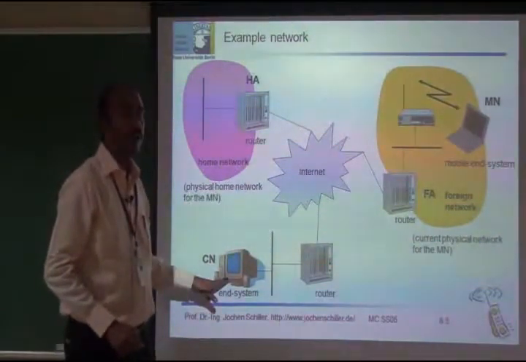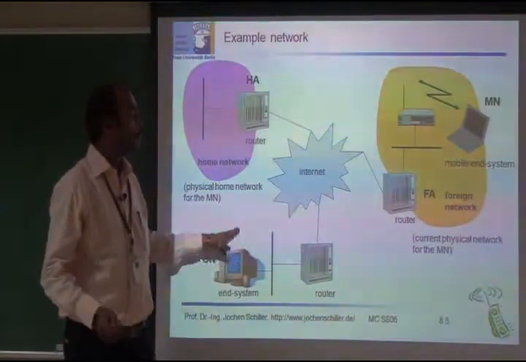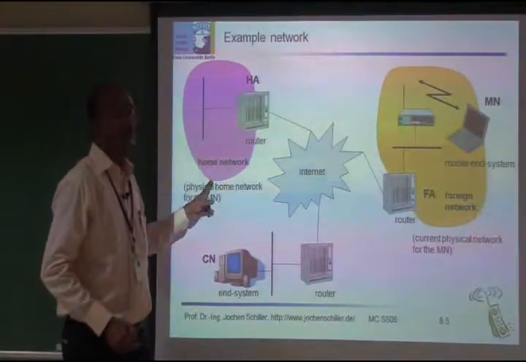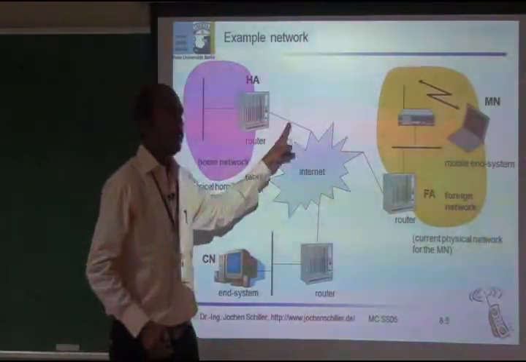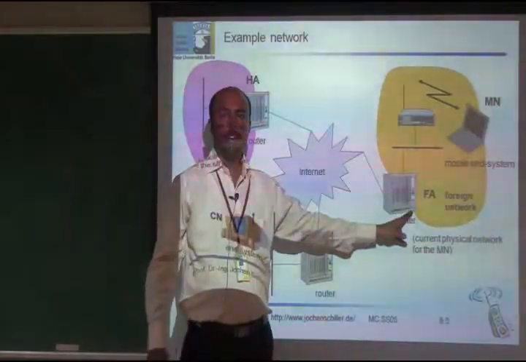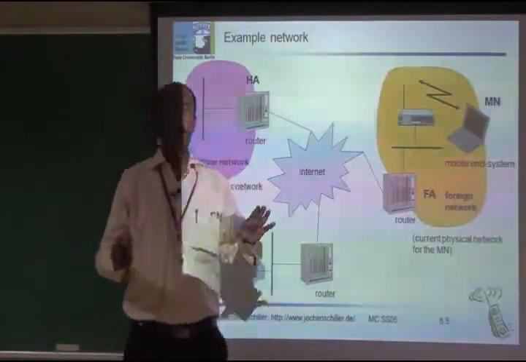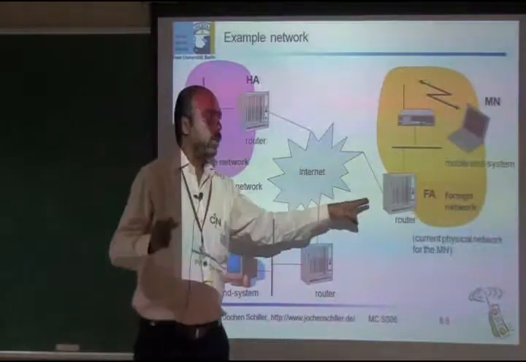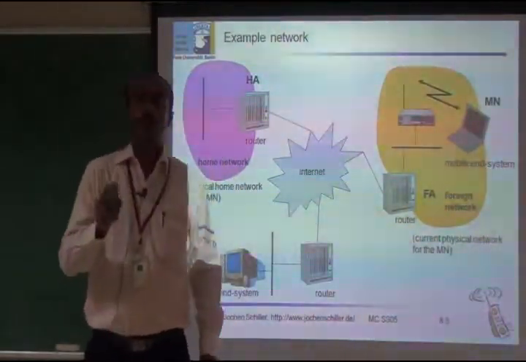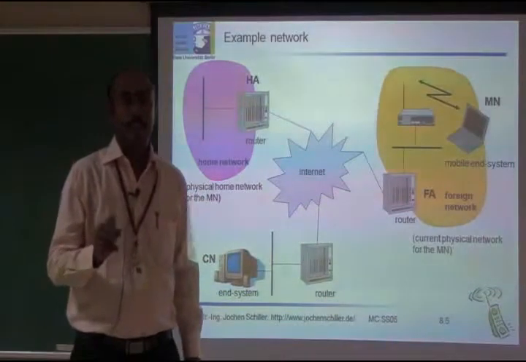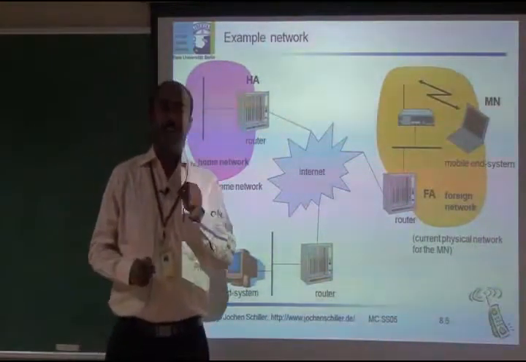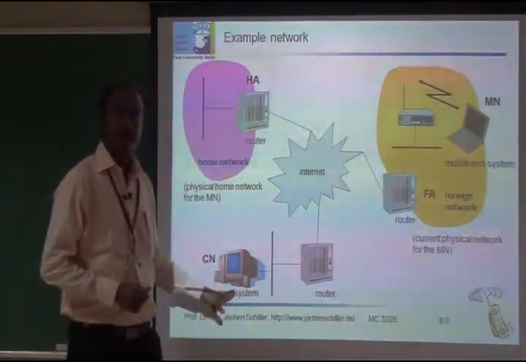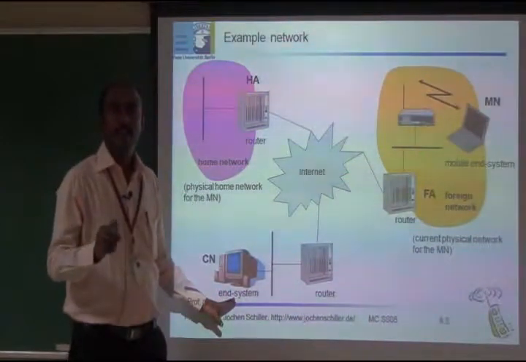Suppose the correspondent node has already moved to the new place, what will happen? The mobile node will transfer the data to the home agent, and the home agent will directly communicate with the foreign agent, and the foreign agent will identify where the correspondent node is present by the use of care of address. So there are 2 types of care of address: co-located care of address and foreign agent care of address. When the foreign agent assigns an IP address to the correspondent node, that address is called as foreign agent address, that is